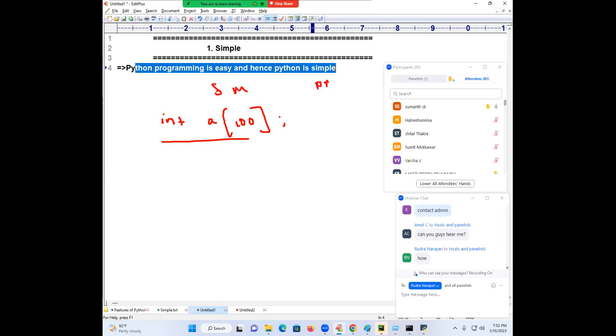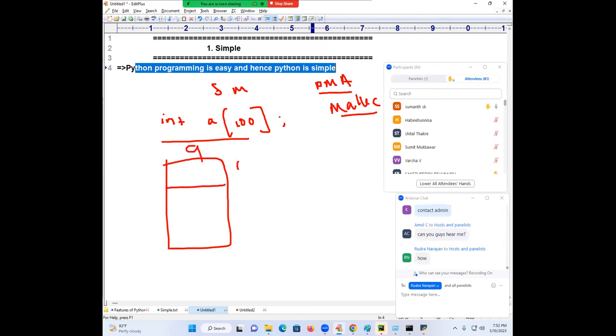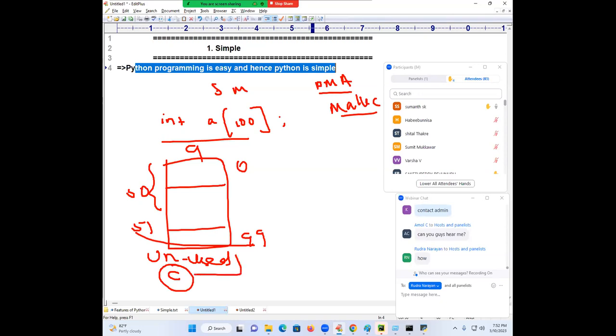Dynamic memory allocation means we go for what in C language? malloc we use it, correct or not? Yes. So your point is here 100 memory locations are created, fixed 0 to 99, correct? Now here I got only 50 values. 51 onwards to 99 is unused, correct or not? So is there any concept present in C language to eliminate this memory space? No. Absolutely no. In C++ also same.